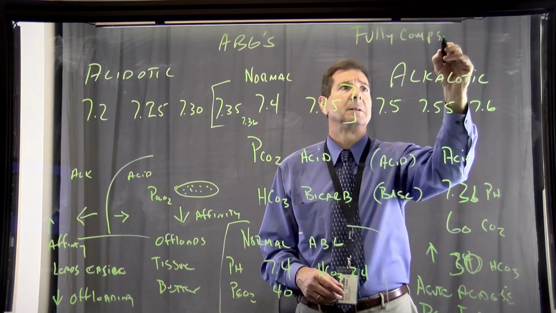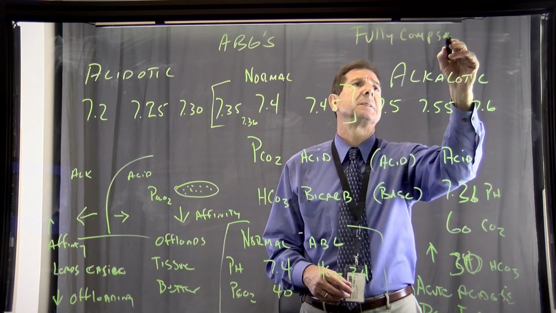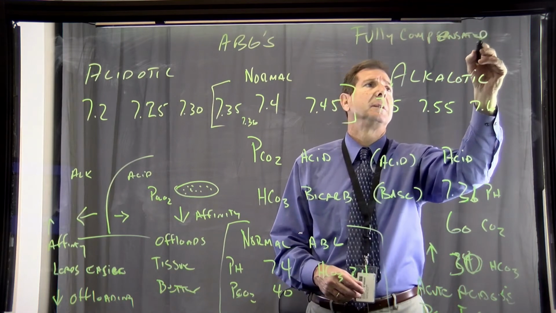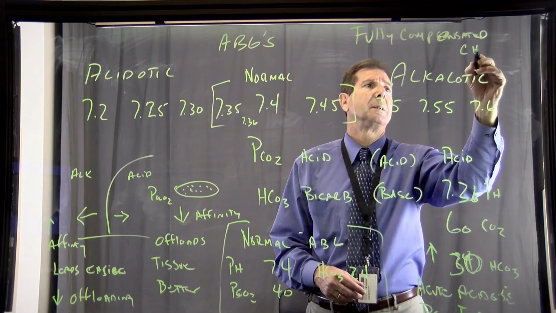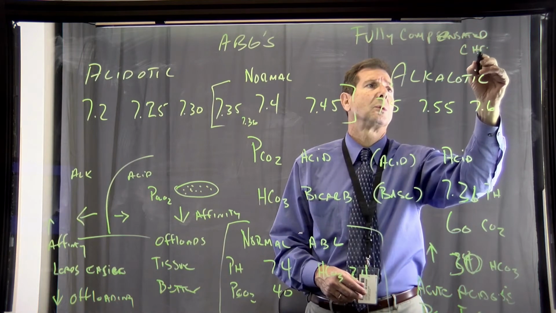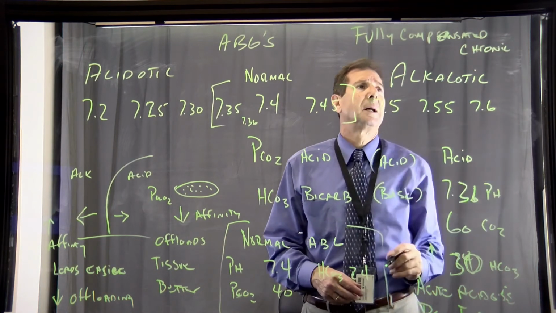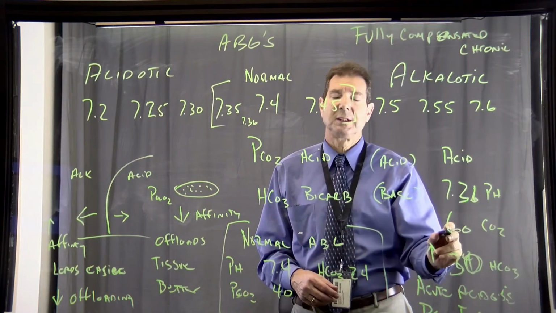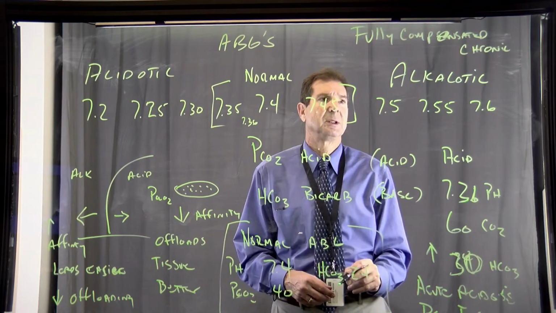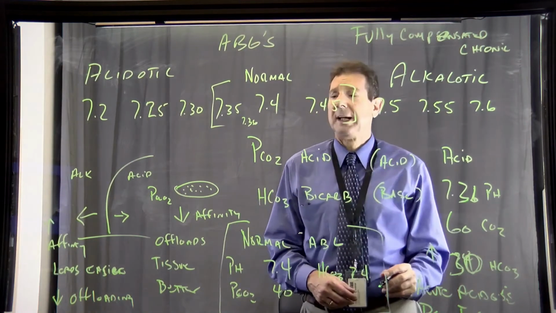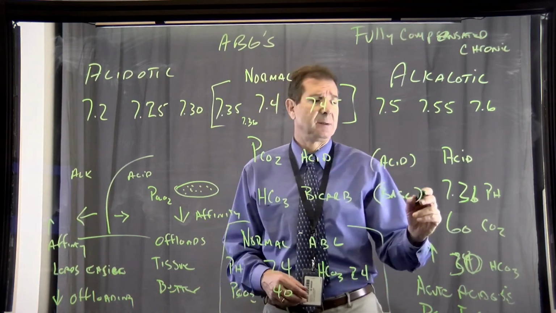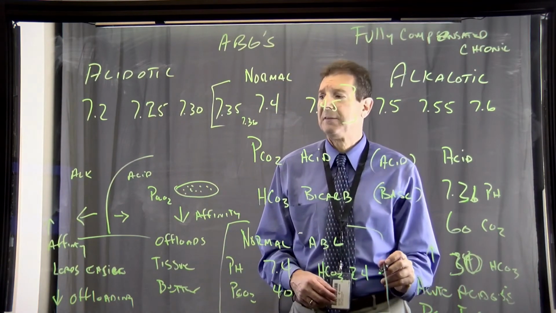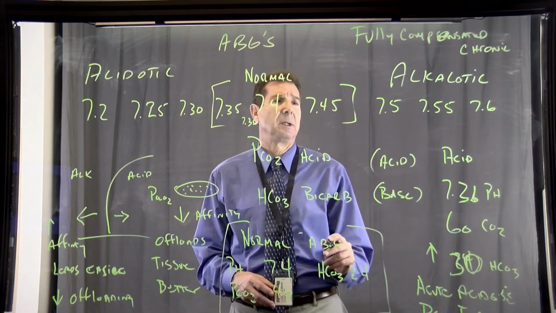Compensated or chronic. That is when your pH is in the normal range, and both your CO2 and your bicarb are out of range. We can also do that on the alkalotic side, where we can have somebody who has a low